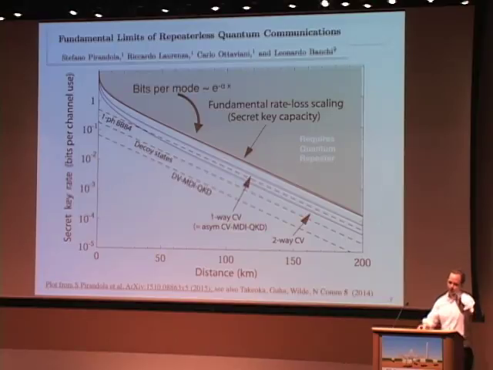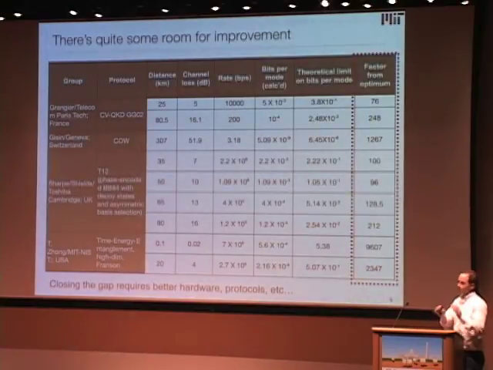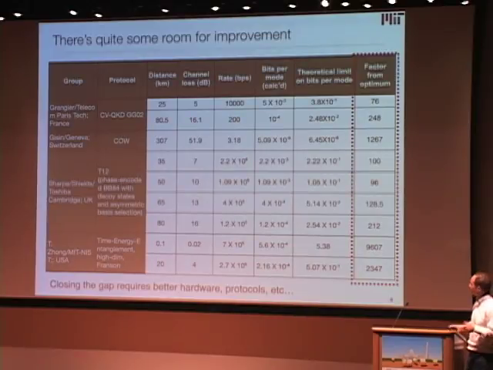Single photon BB84, sorry about that. So this is perfect, by the way, it's assuming a perfect single photon source, 100% efficiency into the channel. So I looked at some of the recent QKD demos and calculated the bits per mode that they get and compared it to this limit that Stefano predicts. And actually there's quite a gap between the theoretical limit and the experimentally achieved bits per mode.